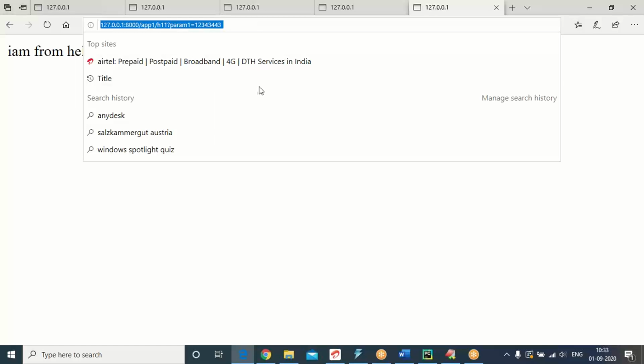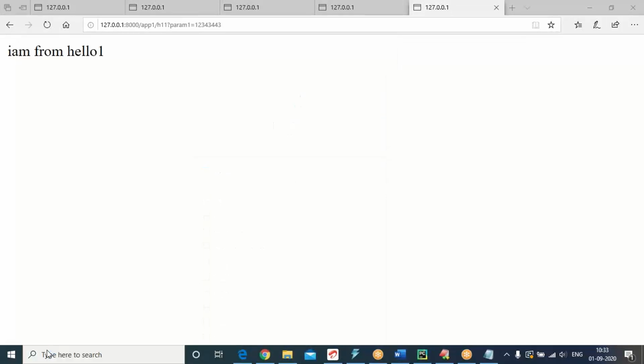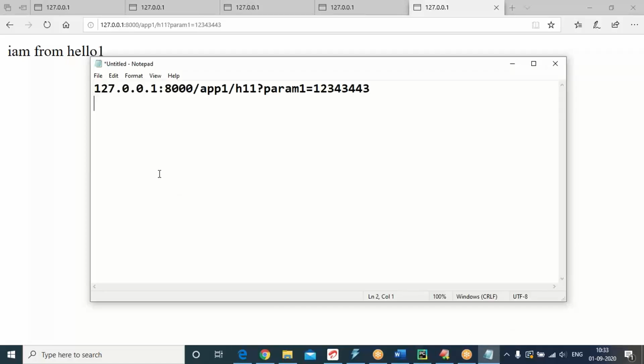Let me show the entire URL in the notepad. Please observe, you can consider this as a complete server URL. In this place, you can also use localhost. Then this is the application name in a particular project.